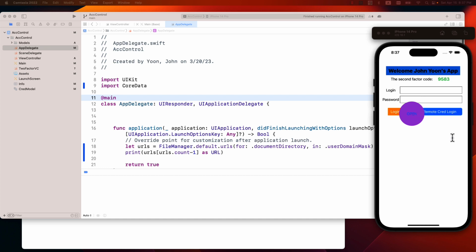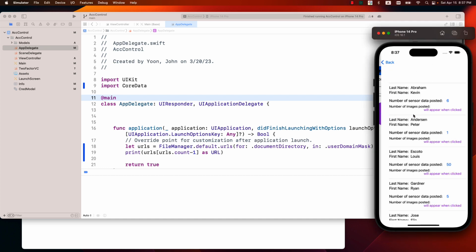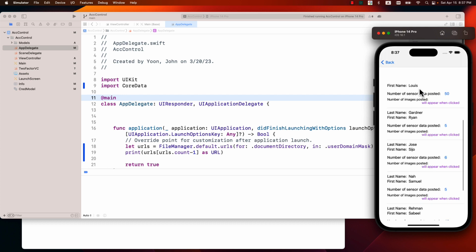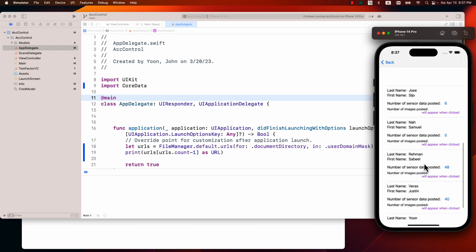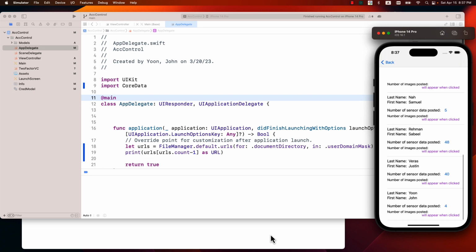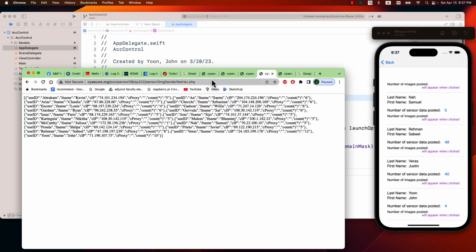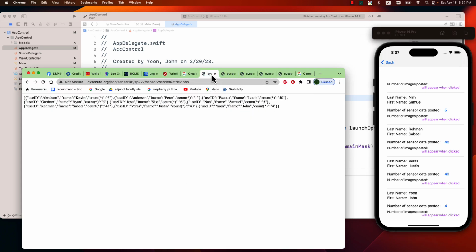If we click this button, then it accesses the database where there is a list of, I believe, the people who